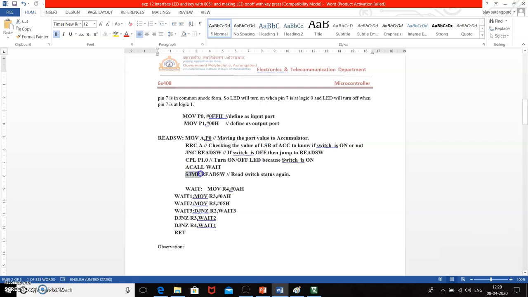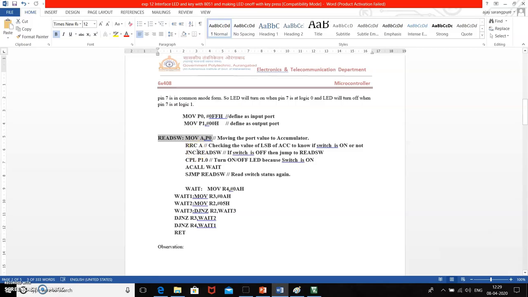SJMP. SJMP stands for short jump, that is jump to the label available just next to it. The label is what? Read SW. Means again we have to jump to the previous state to read the content of port 0 into the accumulator, and this process will be continuously followed.